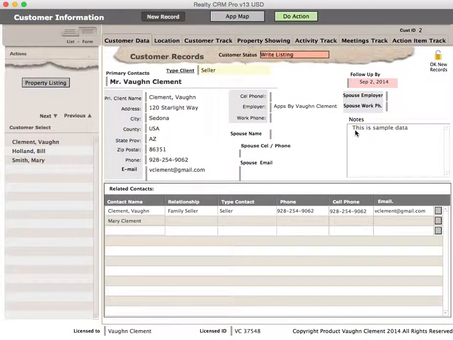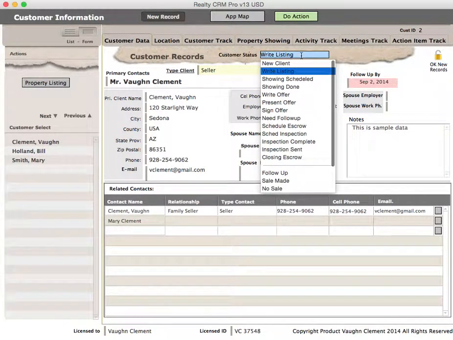I'm going to show you that we do have a status. I'm going to go back to the tabs in a second, but we have a status up here. In this case, we're writing a listing at this particular point. It could be a new client, or we're scheduling a showing, and the showing is done, or we write the customer off, meaning that the customer is no longer going to be interested in anything we have. There is a present offer, and then there's a signed offer, need follow-up, schedule an escrow, schedule an inspection for